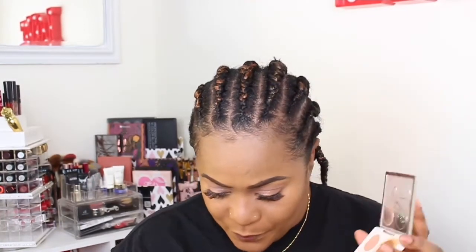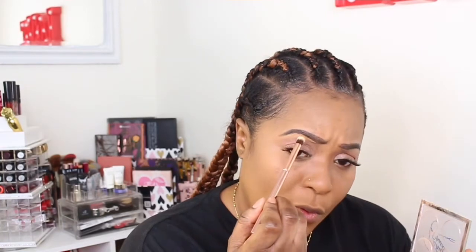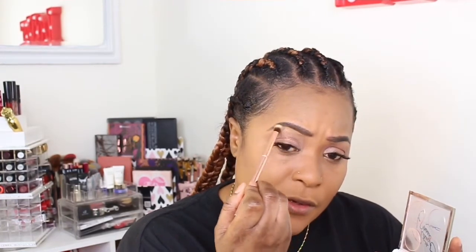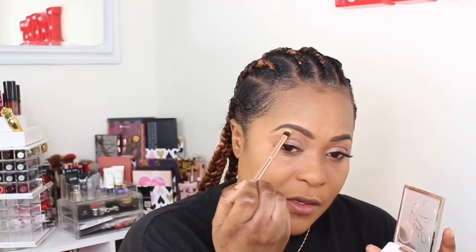I'm gonna use some of the same Patrick Star from MAC, the same gold tone one. Usually I like to use a fluffy brush, and I'm just gonna lightly fluff some up in here, just to give it that little pop. Just to give it that little pop up there, pop your brows. So just put a little of this on my brow bone to pop my brow,